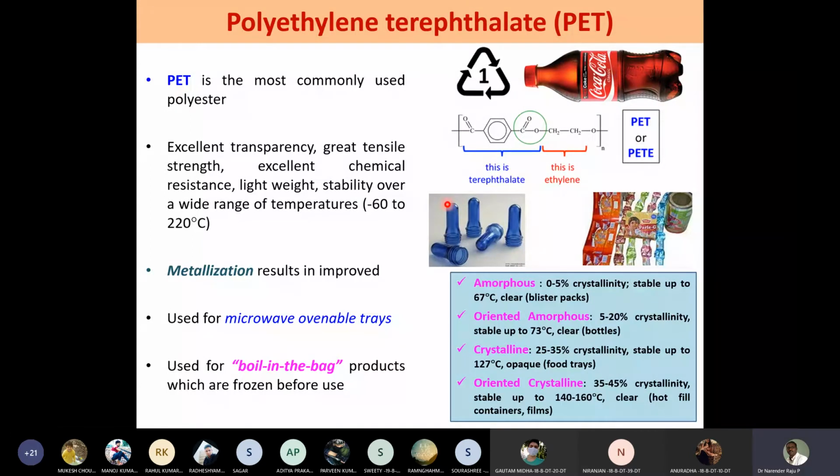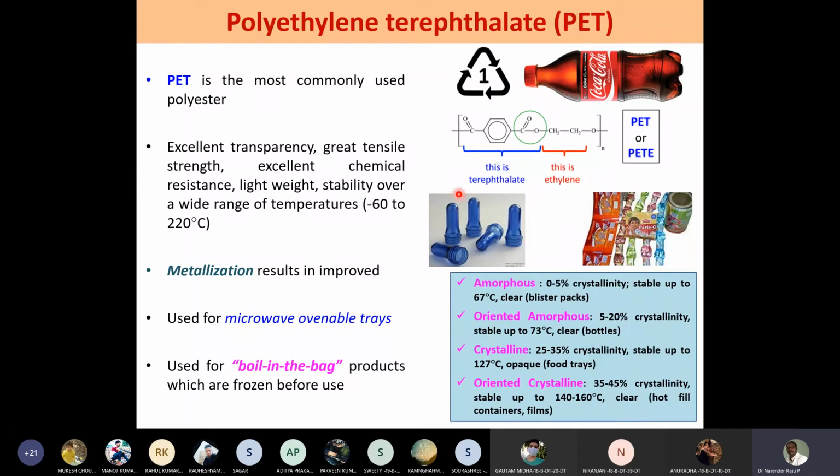When it is blown with hot carbon dioxide or nitrogen or any other gas into a mold which is hollow and has some shape, when the PET material is brought to its softening point, it expands like a balloon into the cavity. And once it acquires the entire shape, we cool it immediately. I'll show you the images. Cool it immediately, then it acquires the final shape.